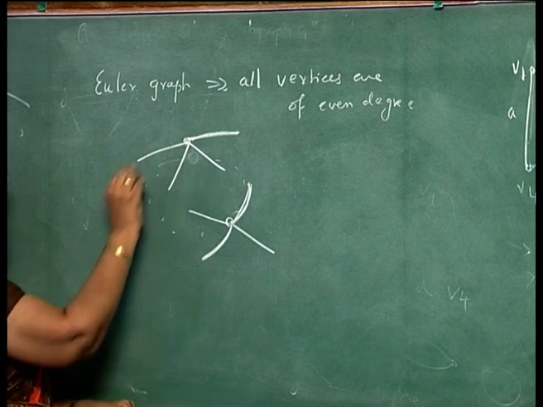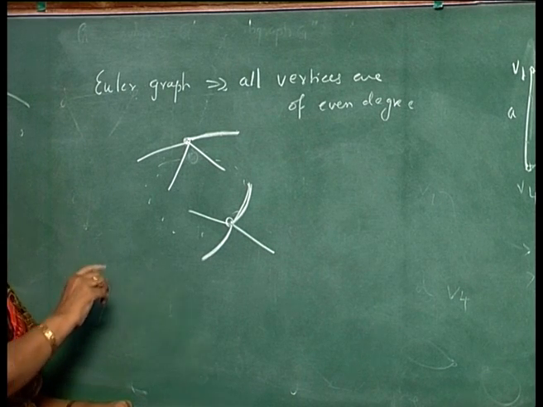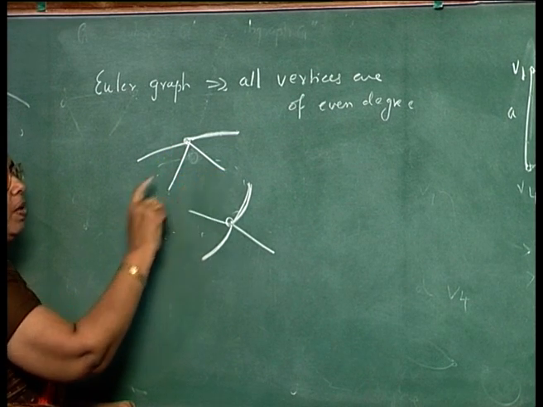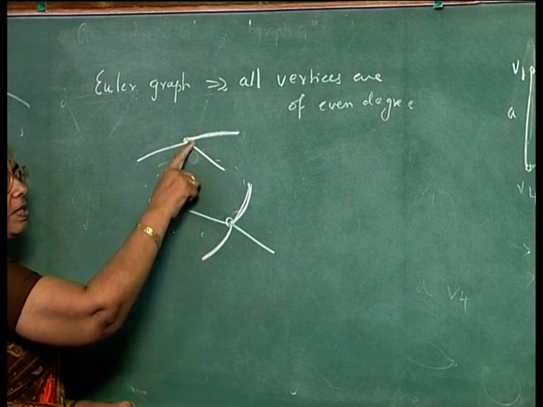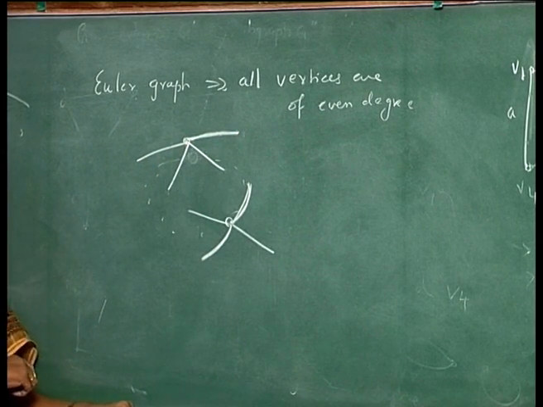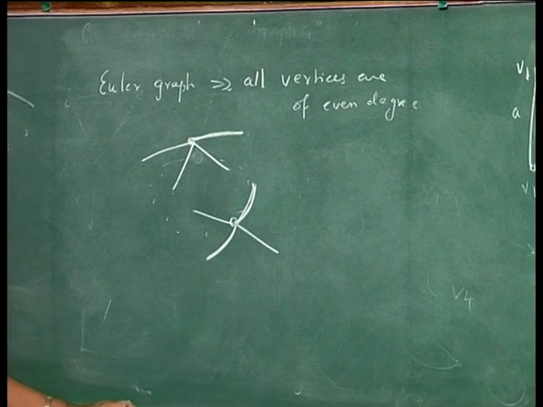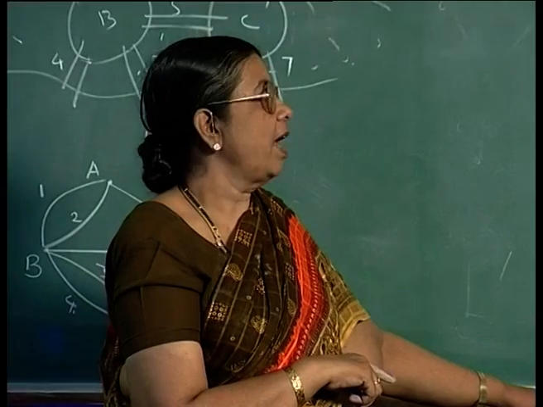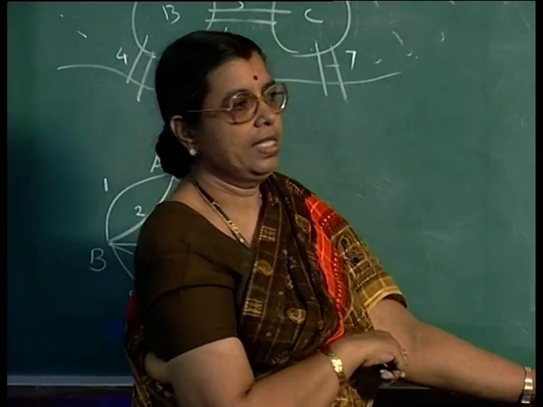So, even in the start node, which also happens to be the end node, whenever the closed walk enters this node, it has to leave through another edge. In the beginning it leaves through this edge, and in the end it enters this node through this edge. So, here again you will find that the degree of that node is even. So, if you have a closed walk which covers all the edges of the graph, then all vertices are of even degree. This we can very easily see.